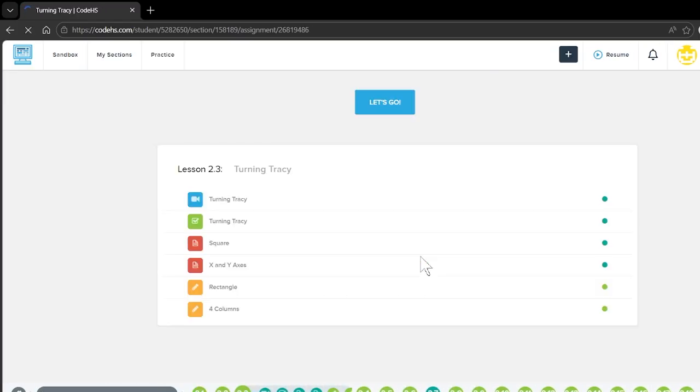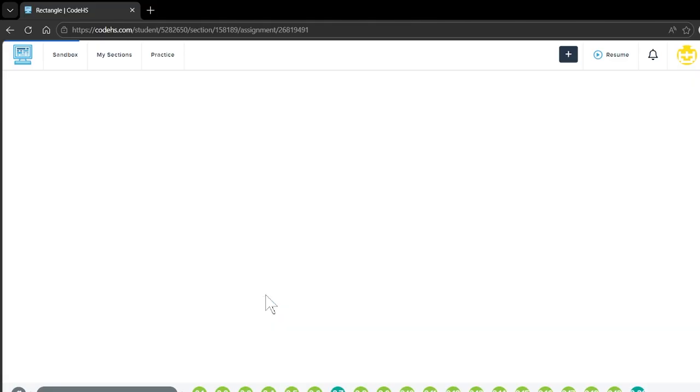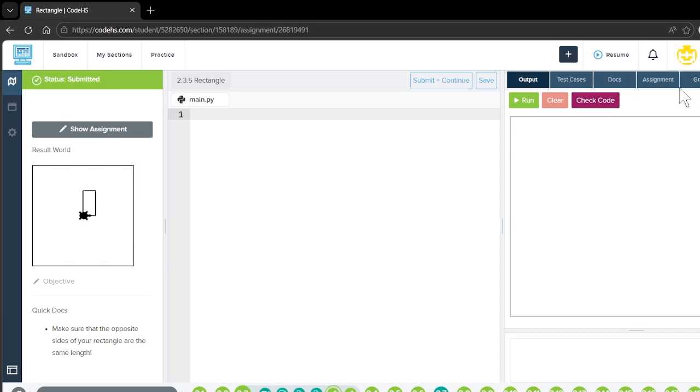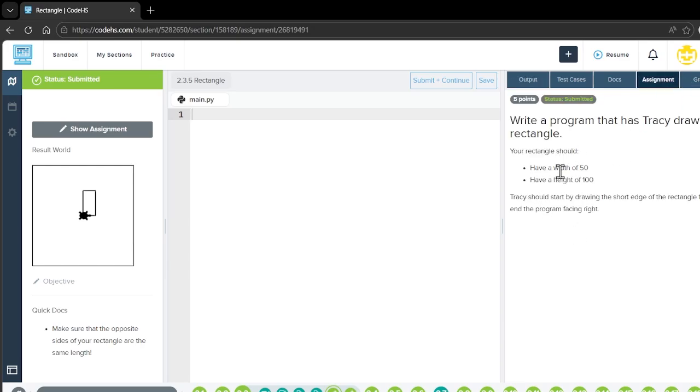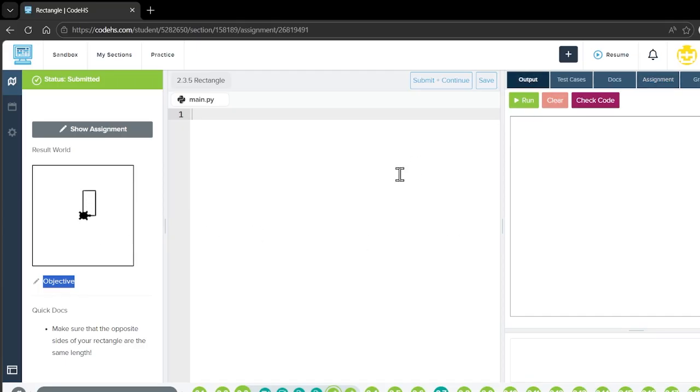Let's go to the next one. This one is a rectangle. We have to draw a rectangle with a width of 50 and a height of 100. So when it's going across, we have to move 50, and when it's going up, the length has to be 100. First of all, let's move forward 50 pixels. So it's going to make a line like that. Now we are going to turn left 90 degrees, and then move forward